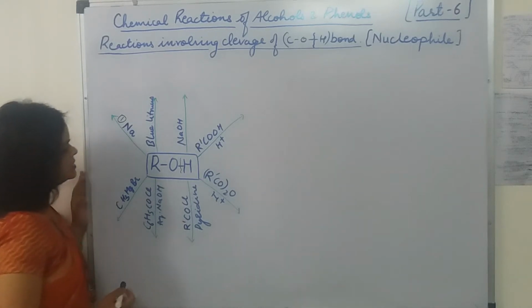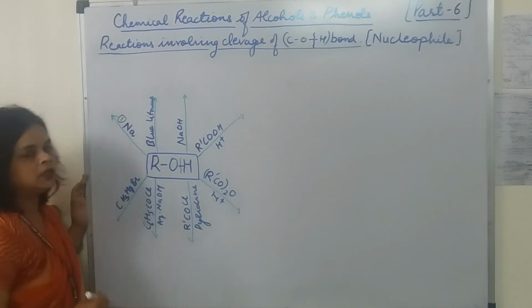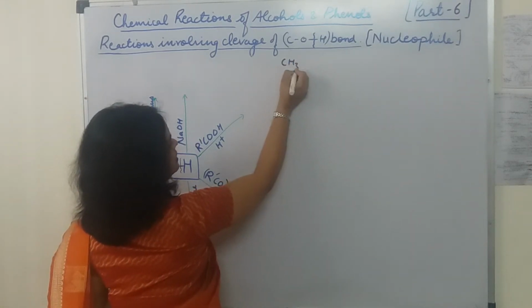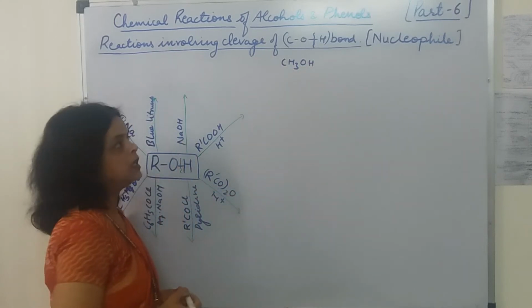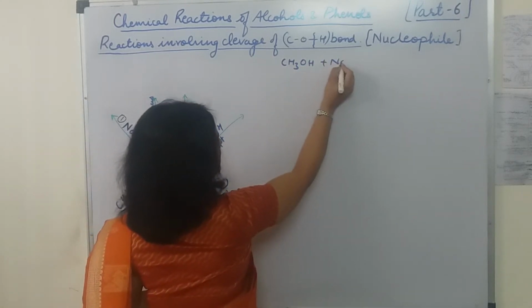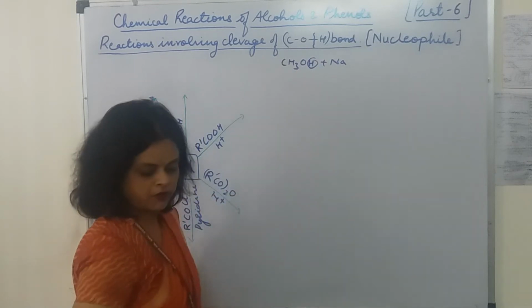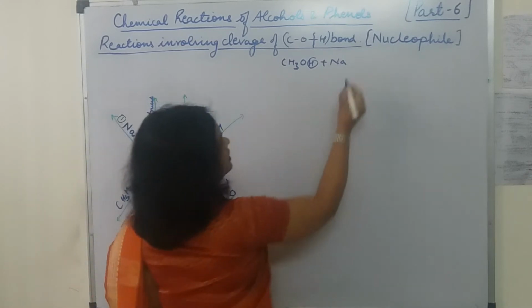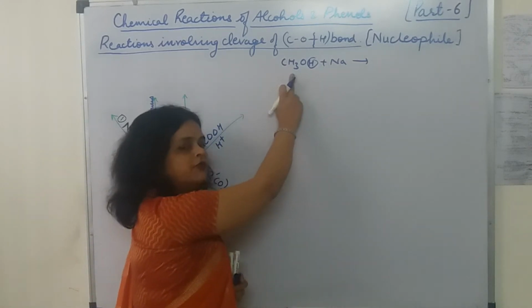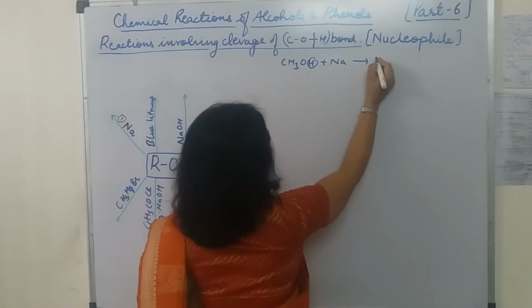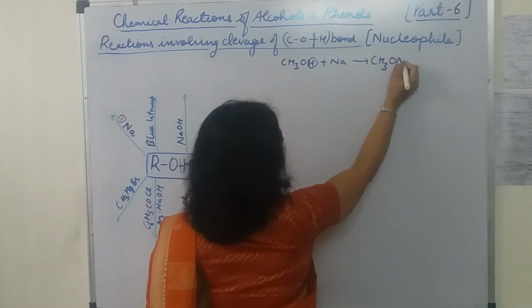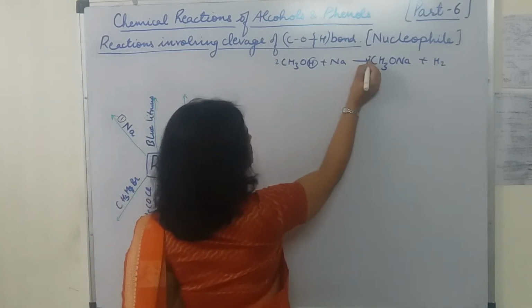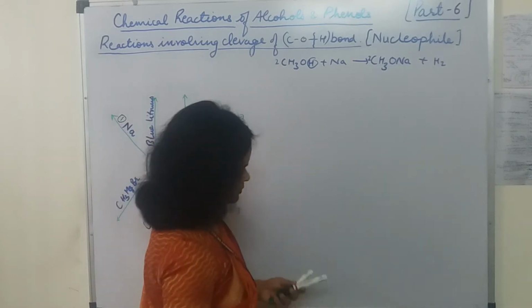Now let's first see the reaction of alcohol. Suppose we are taking CH3OH. When this alcohol combines with sodium, this H comes out in the form of hydrogen gas, and we get the sodium alkoxide. Here there is one carbon, so we will get sodium methoxide. The formula will be CH3ONa along with hydrogen gas. We can write 2 over here, 2 also here. And the name of this compound will be